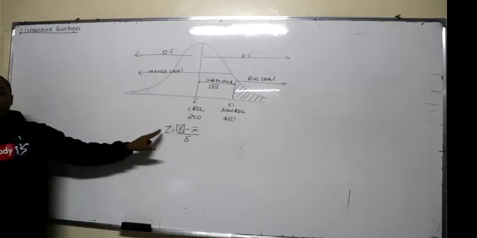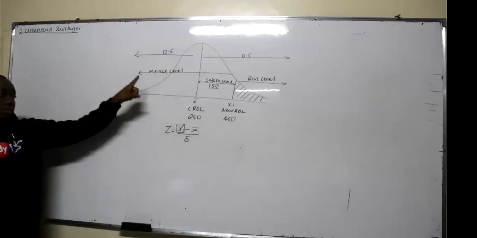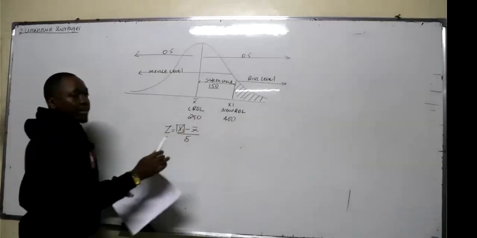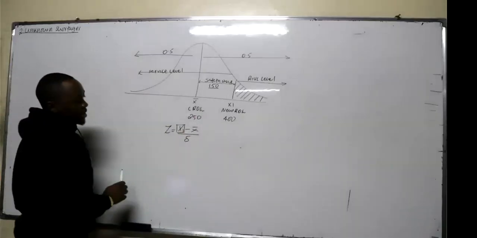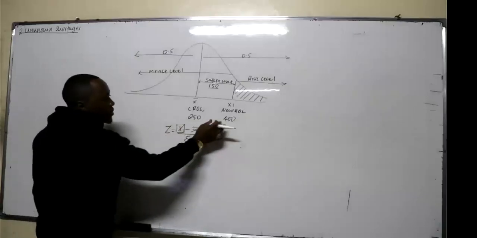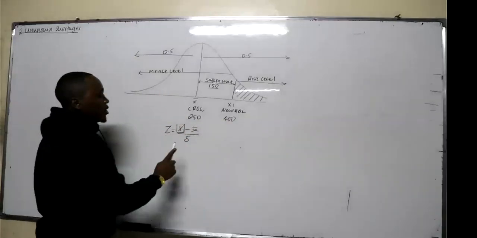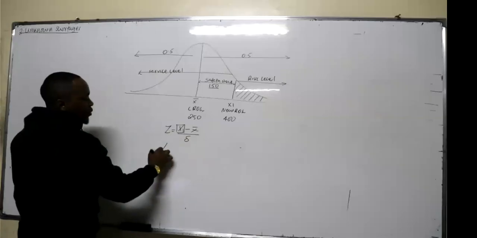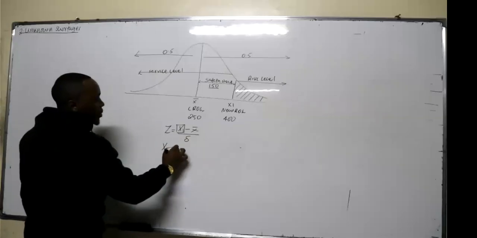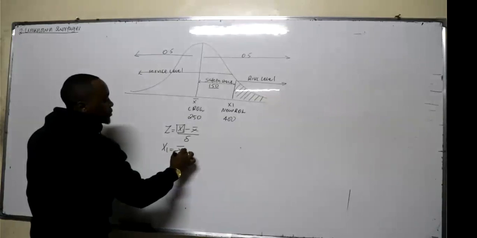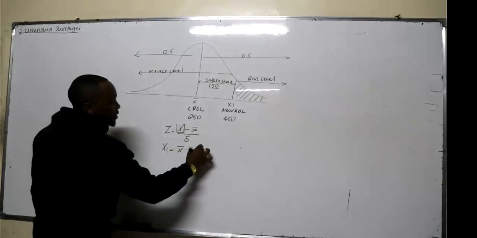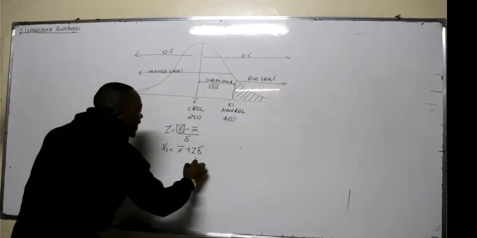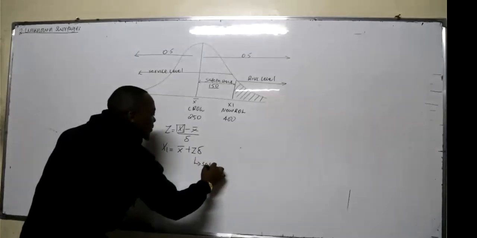Now, this is the normal formula for normal distribution. Z is equal to X1 minus X bar, so that you get the difference, and you divide by the standard deviation. In this case, our focus will be on determining the new reorder level, X1. Can you make X1 the subject? So X1 will be equivalent to X bar plus Z times standard deviation. And this is the safety